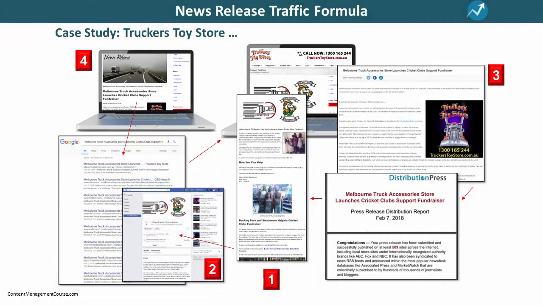So, even though it would have been easier to just promote their Facebook page in their news release, setting things up this way not only allowed the client to promote the fundraiser on Facebook, but they also benefited in terms of boosting their rankings, generating more traffic, and increasing awareness online for their business. This is a win-win way to use news releases to promote an external event, and improve your results online, while also building your own digital assets.